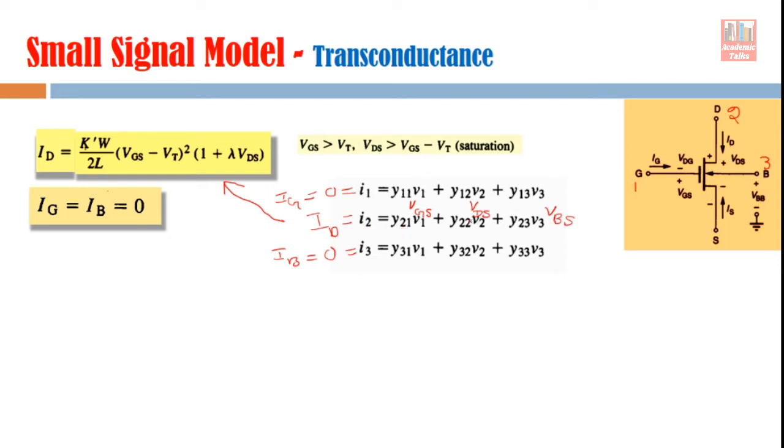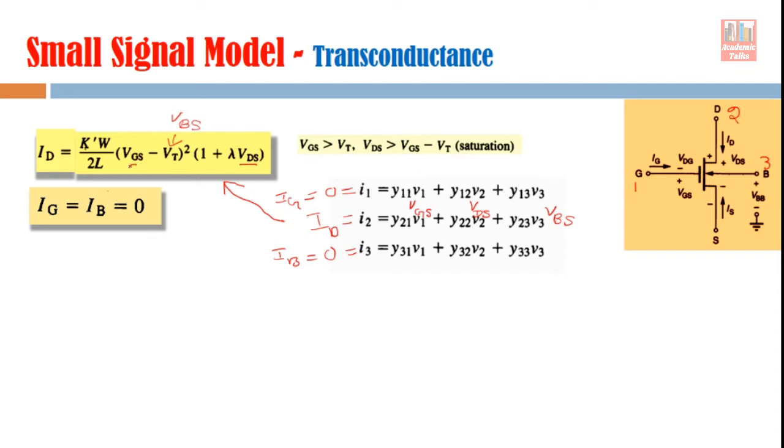Now VGS, VDS, you can see they are present here in the equation. VBS is not mentioned here. So you may ask how we will solve this equation for VBS. But you know, VBS is bulk voltage, and you remember in the DC model, the bulk voltage decides your VT. So this VT which is present here is actually connected to VBS. So you can say that the VBS factor is also present here in the equation.